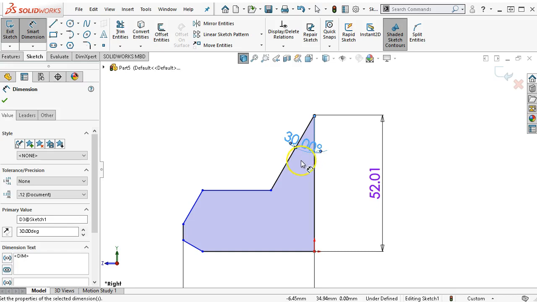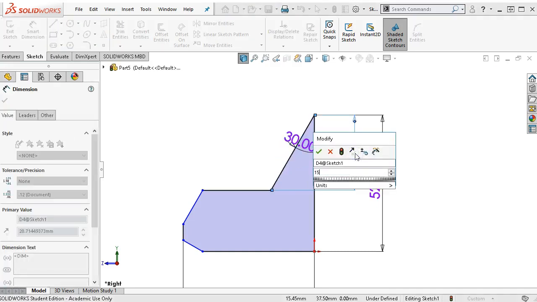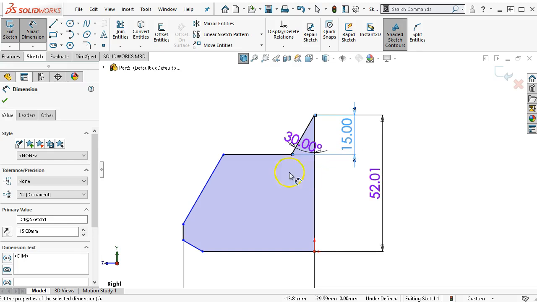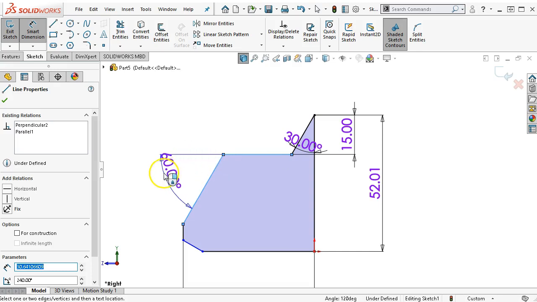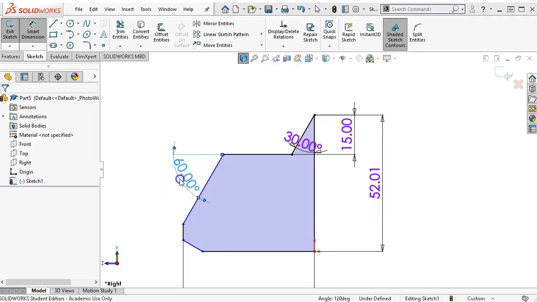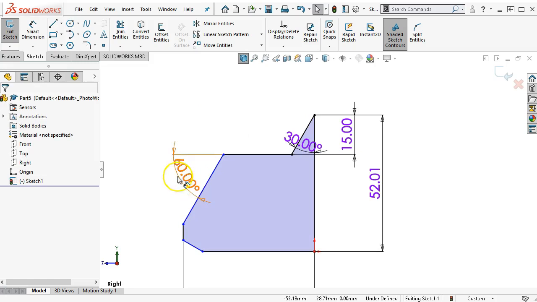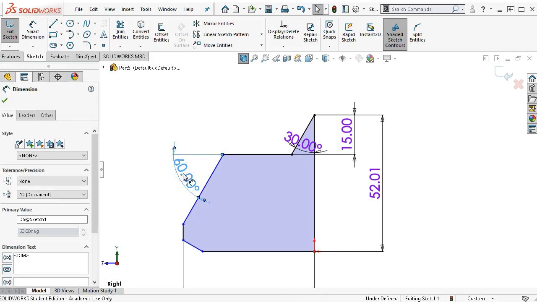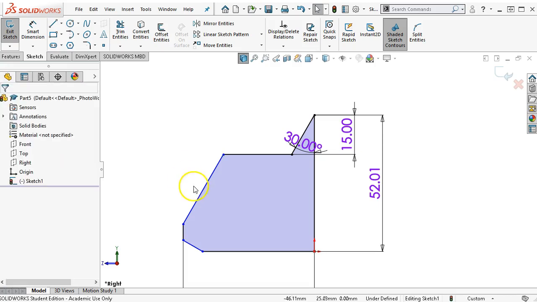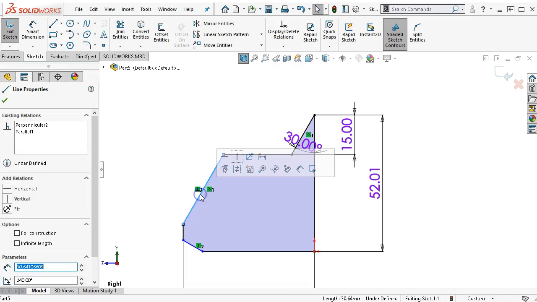I'm not quite there. So 15 on the height, and then the same thing, 30. So let's just go between the horizontal and the angle. My sketches are set to not show the warning. Apparently it went to automatic, so when that goes to driven automatically, that usually means that I have an inferred